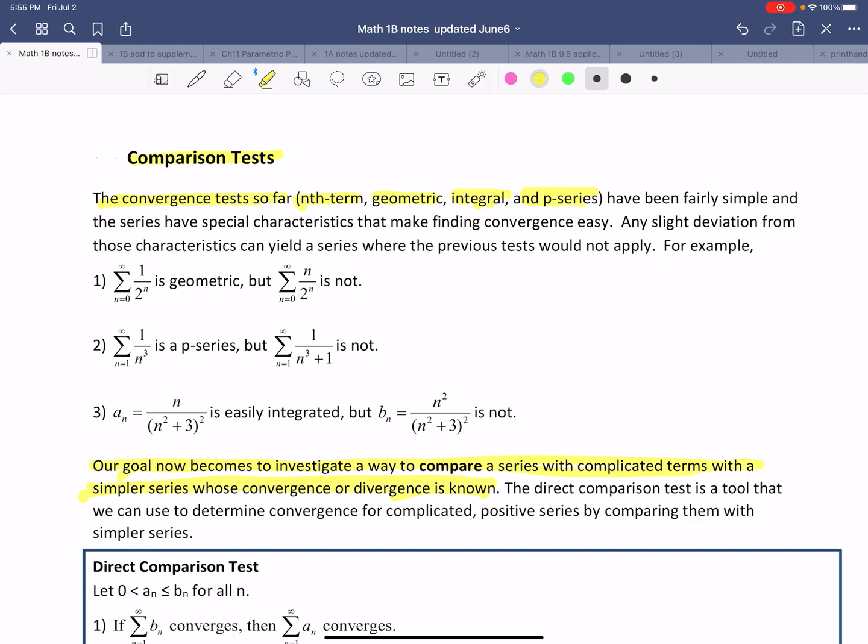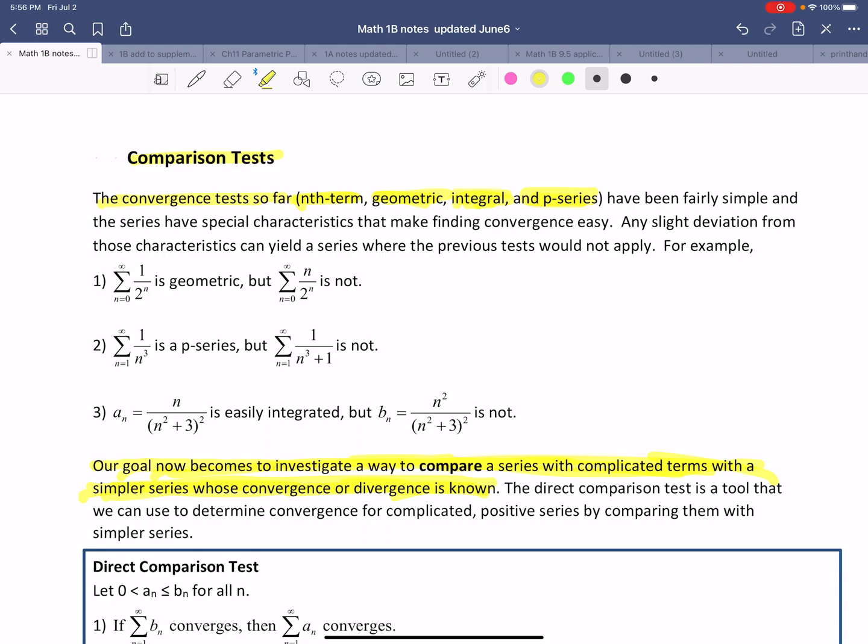The goal of this video is to learn the comparison test and the limit comparison test to test series convergence. So far we've talked about the nth term divergence test, geometric series, the integral test, and the p-series test. Sometimes we have a series with complicated terms. We're going to try to compare it with a series that we know for sure converges or diverges, so our goal is to compare it to a simpler series whose convergence or divergence is